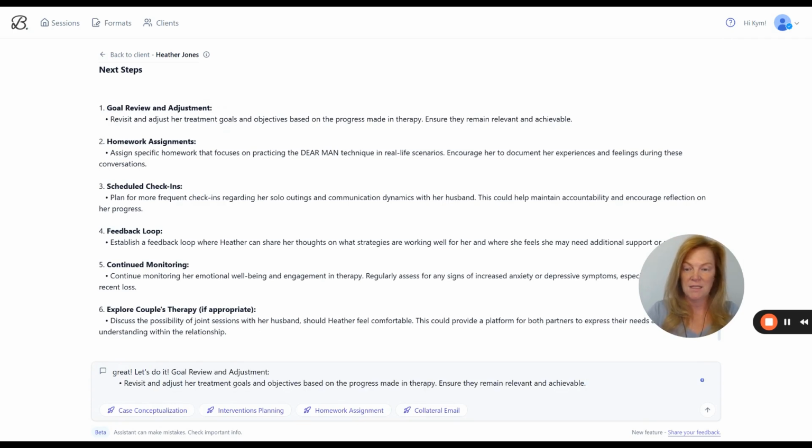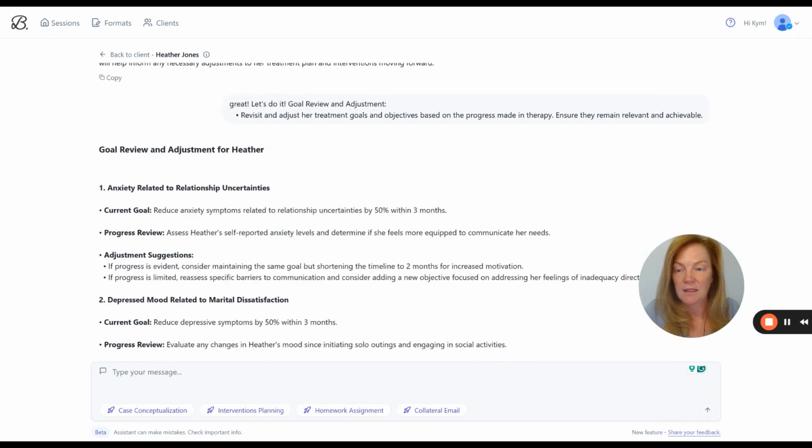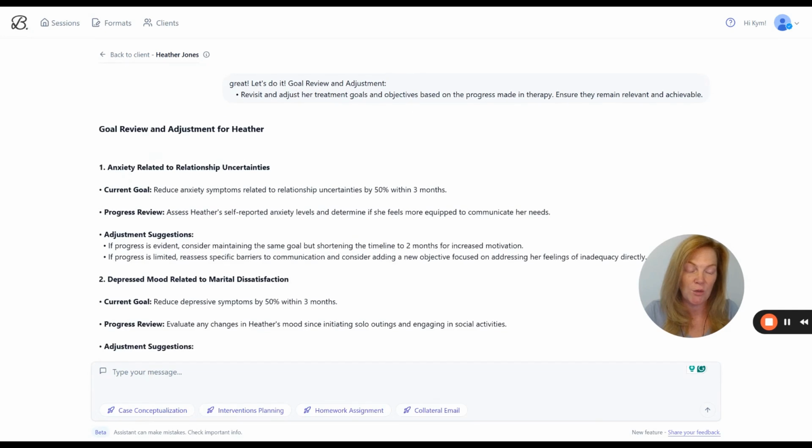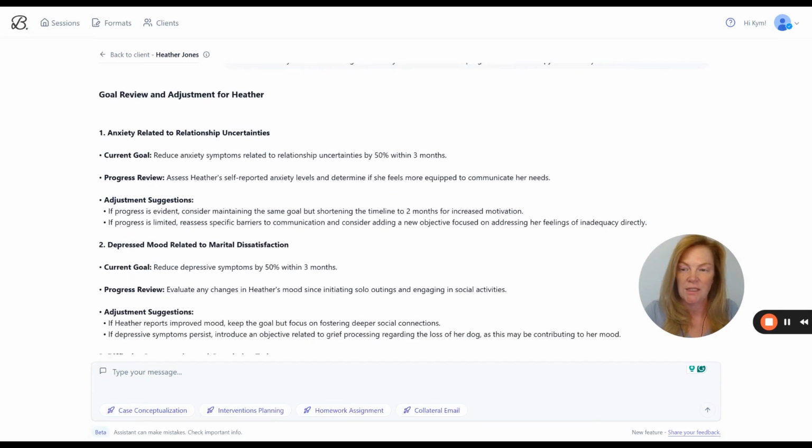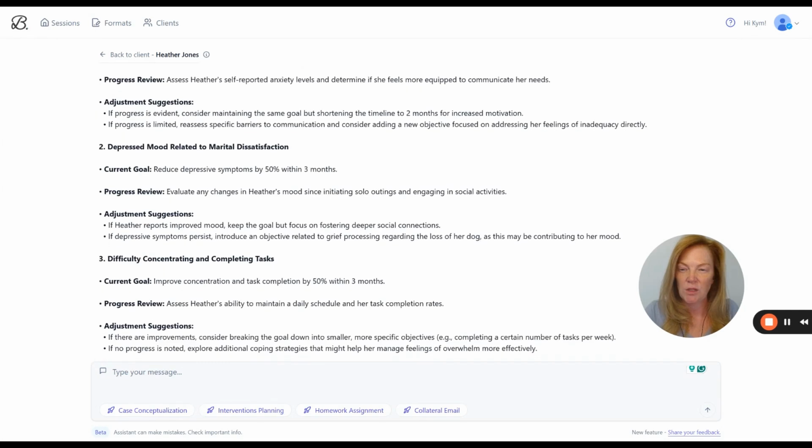I'm going to copy and paste this, and I'm going to say, great, let's do it! I'm going to paste this goal review and adjustment, revisit and adjust her treatment plan goals. I'm going to hit enter and see what it does. And there we go. It's rewritten her treatment plan based on this new adjustment and goals that we just put in here. Depressed mood, current goal. It's giving us her current treatment plan goal, and it's saying a progress review and evaluate any changes in Heather's mood since